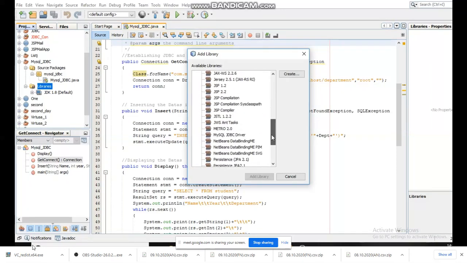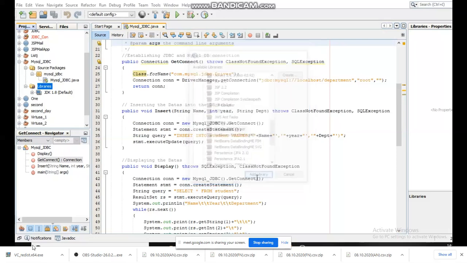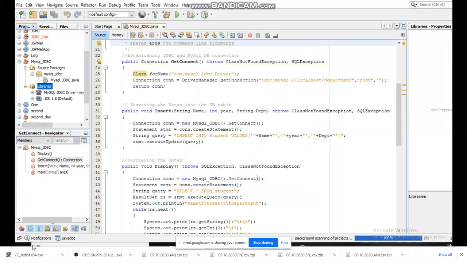If you drag down, there you can see MySQL JDBC driver. See that? MySQL JDBC driver. I have to add this to my environment, then only these things will be recognized. I have used com dot mysql dot jdbc dot driver in the initial connection class.